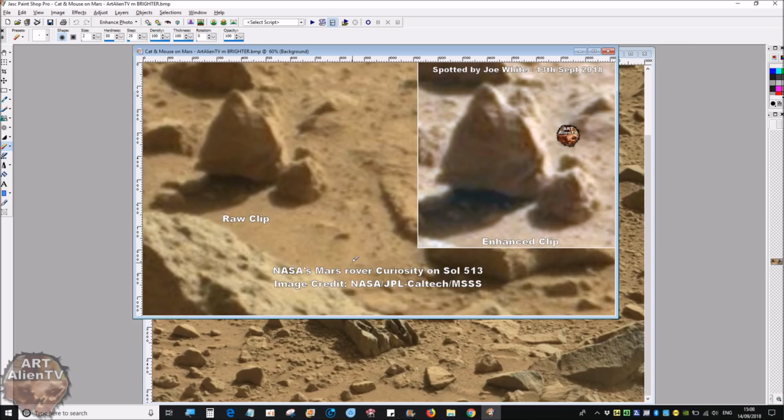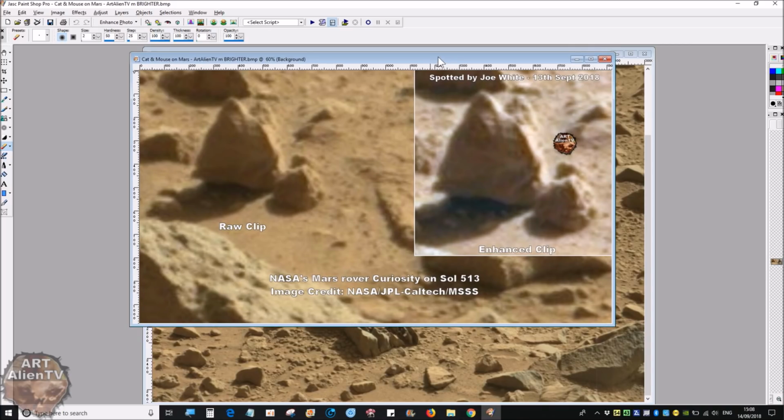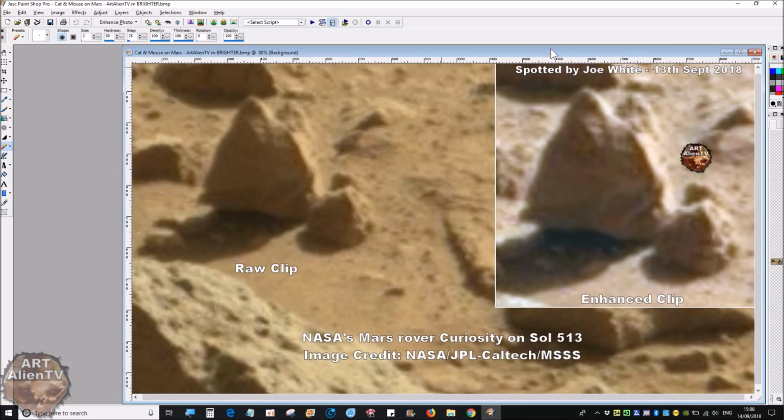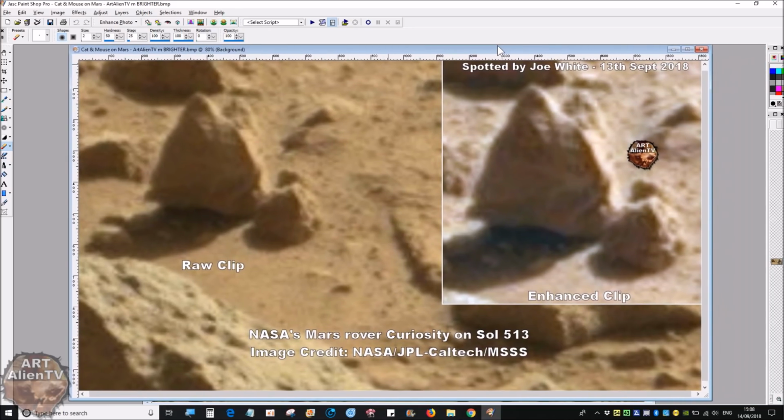So there we are. Really cool, this one. I was really quite pleased because there haven't been many cats found on Mars so far, and I was beginning to get a bit worried that there was only sort of monkeys and humanoids, but